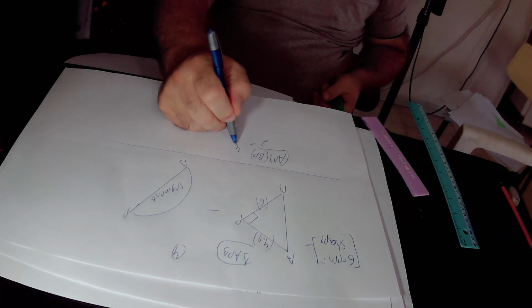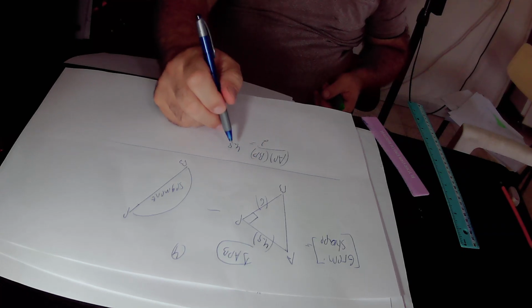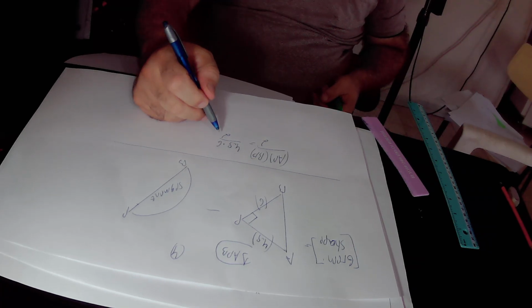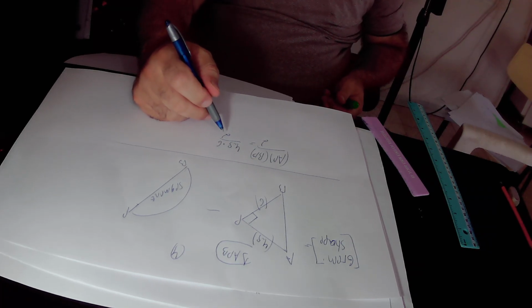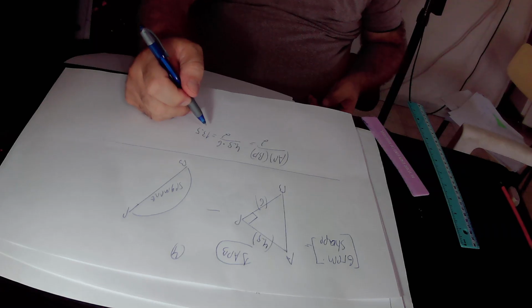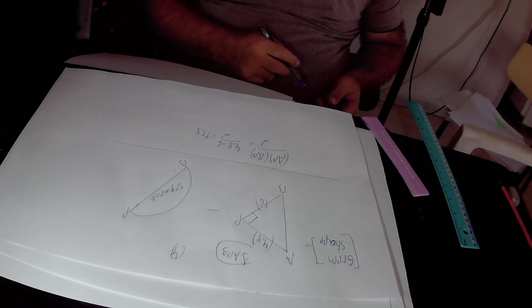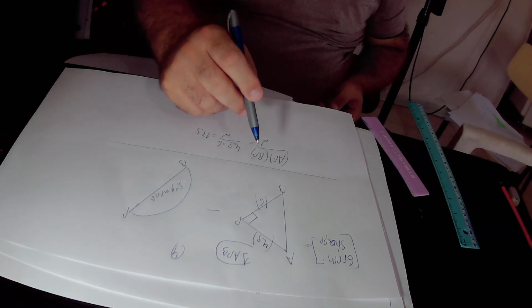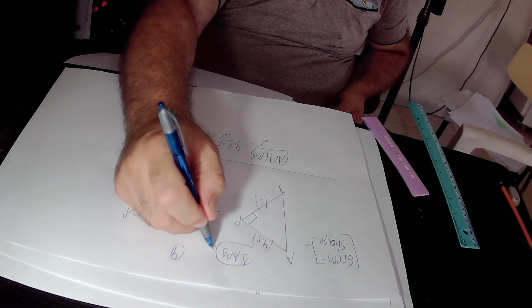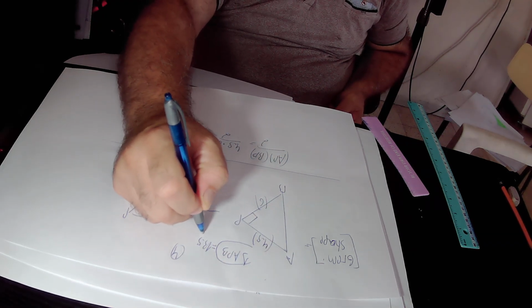AP is 4.5, BP is 6, divided by 2. 6 over 2 is 3, and 3 times 4.5 is 13.5. So in total, we found out that the area of the right triangle APB is equal to 13.5 square units